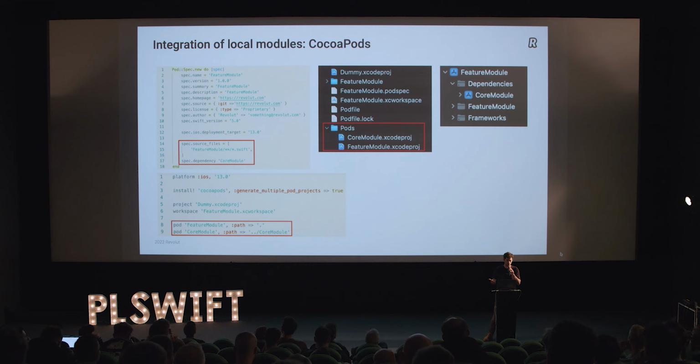So that's a way of getting Xcode projects and integrating. And what you see on the right is how it looks when you open the feature module Xcode project, where CocoaPods has created the dependency of the feature module and the core module. This is the approach we are following at Revolut. It's not the best approach because it's not really flexible. Pod specs have limited configuration. But we are using it because of historical reasons. We are coming from a full CocoaPods setup, so the natural way for us was to keep integrating with CocoaPods and generating the projects in this way. Of course, we have some magic automation to make this straightforward.